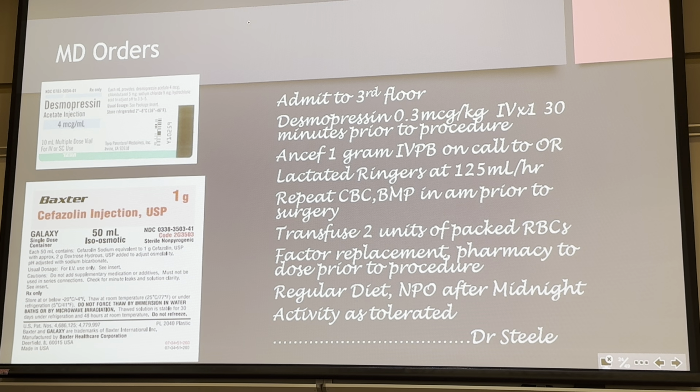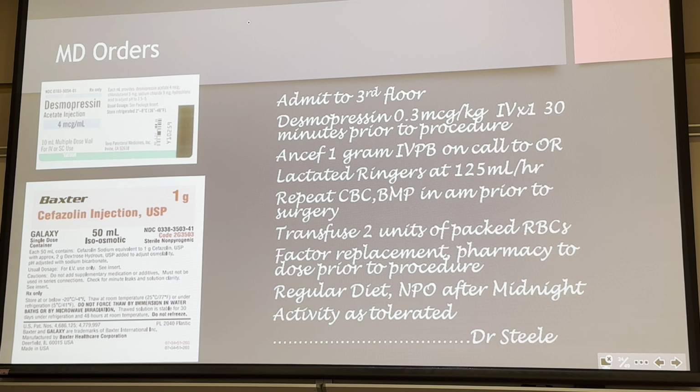Once we look at her records, we find out that she really has something called von Willebrand's disease, which we just talked about. So once we know that, it does change our plan of care a little bit. So desmopressin we'll talk about in just a second. She's going to get an IV set up before she goes to the OR in the morning, assuming that she's stable to do so. We're going to give her some lactated Ringer's to keep her hydrated overnight, repeat some lab work,